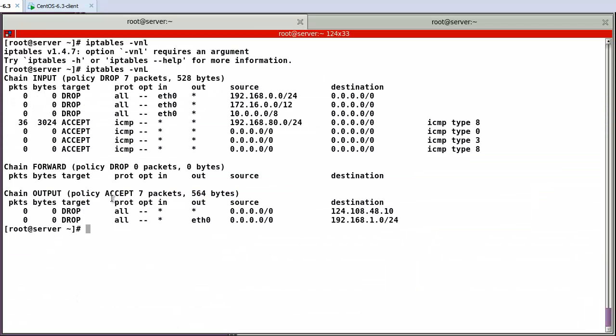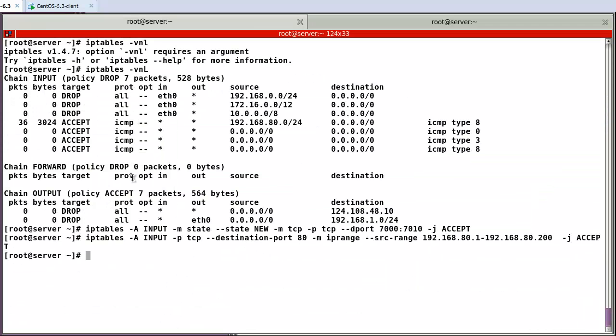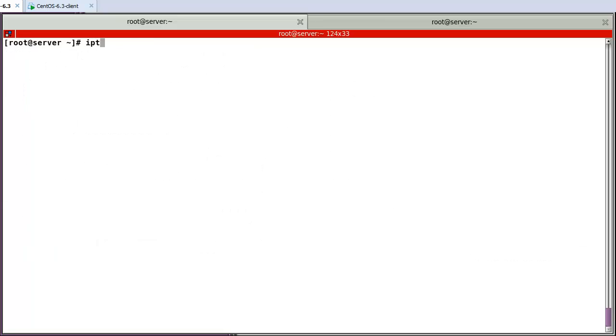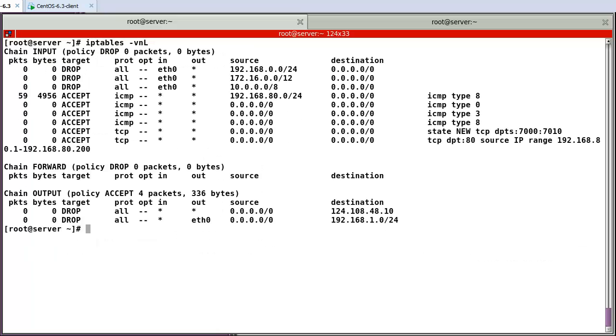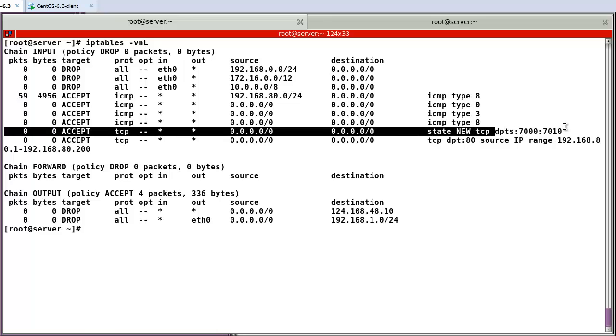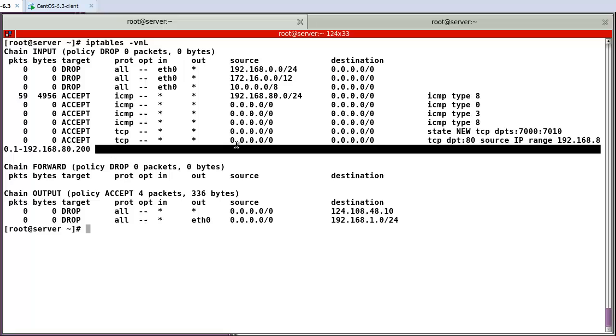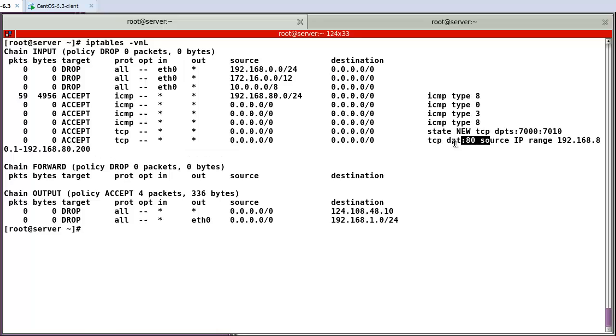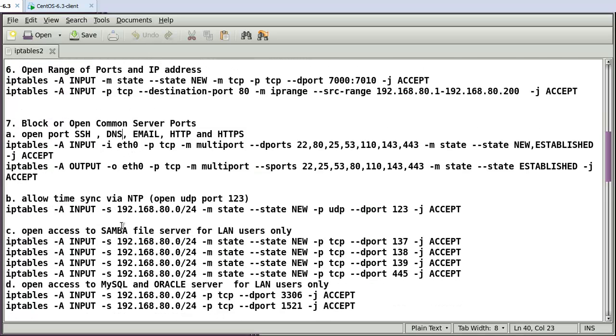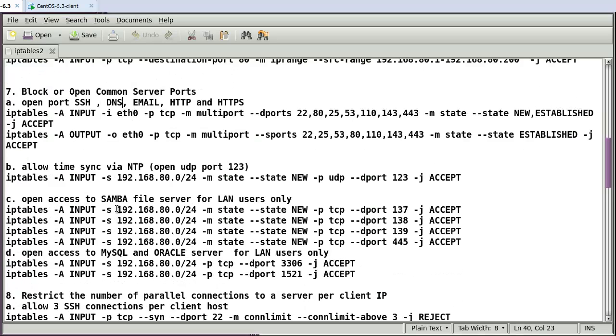Okay, and after that, now the port range and the IP address range. Copy, paste. So now you can see the first one, the destination port range 7002 to 7010, and the IP range 192.168.81 to 200 will be accepted to the port number 8 web servers. And number 7,